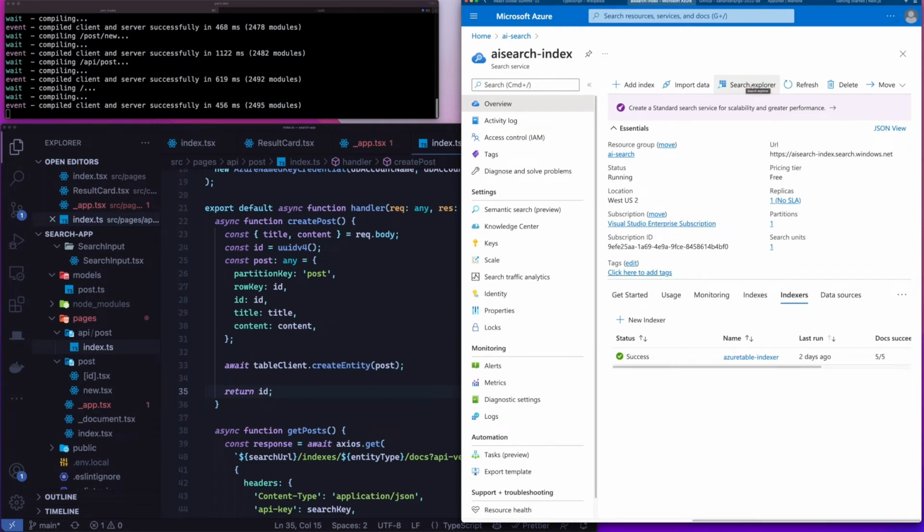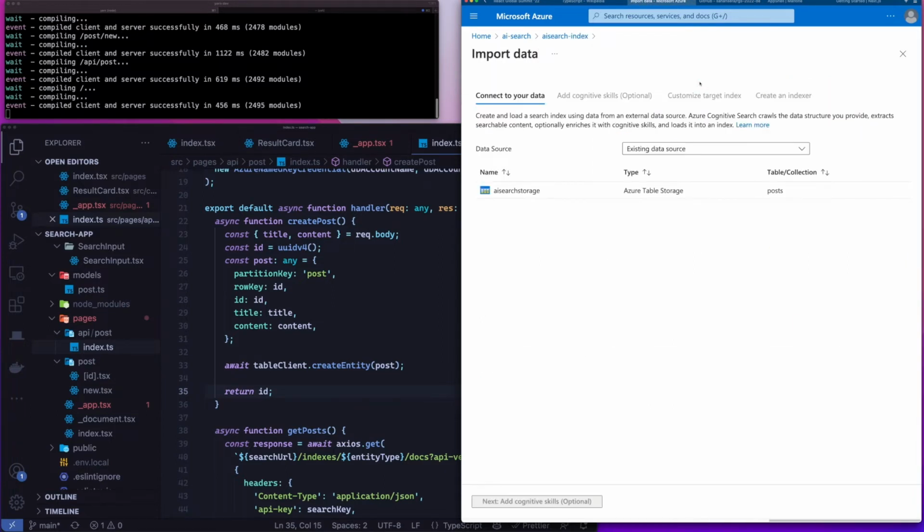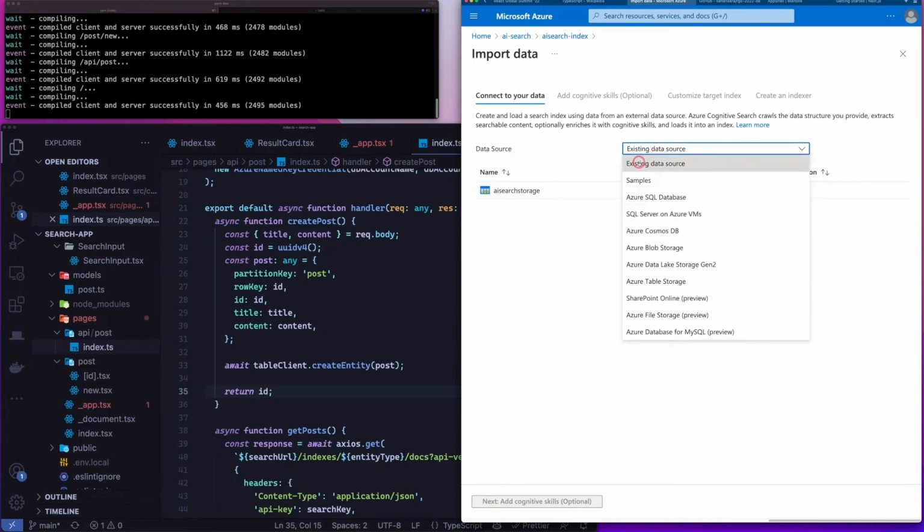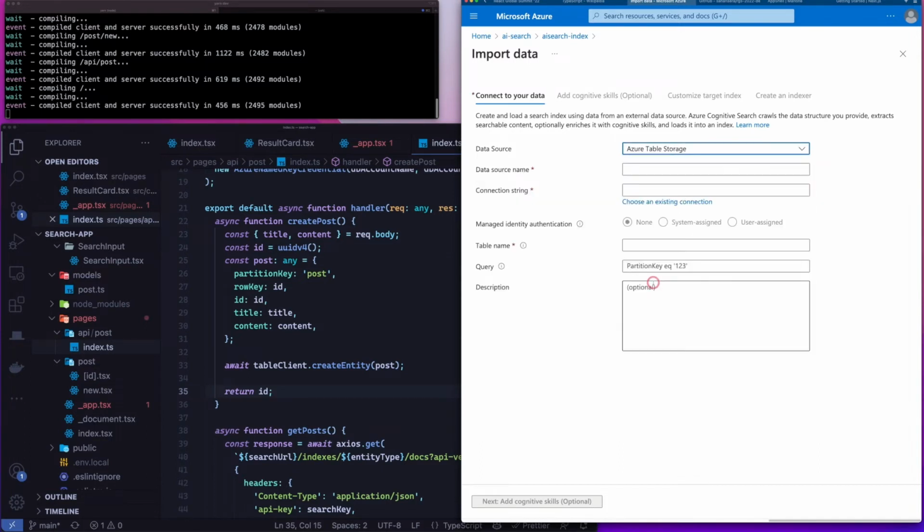So what I'm going to do next is import the data that we created in our previous step. So let's click on that. I already have one here, but what you can do is select your existing data source. If you don't already have one, these are the options that you get. Since we have an Azure table storage, I'm going to click on that, and then you can give it a name, anything you want. So posts storage,